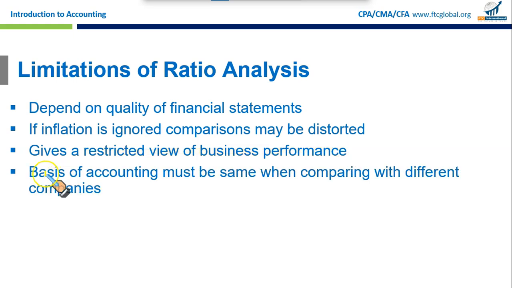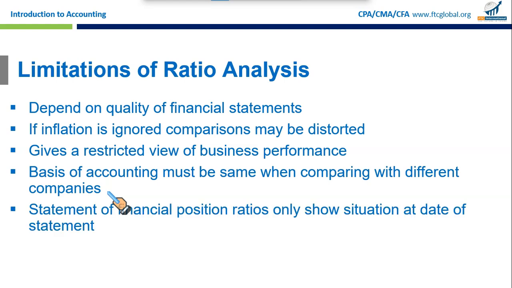Then another restriction: the basis of accounting must be the same when comparing different companies. Yes, if you are comparing companies A, B, C, D, they must have the same accounting standard. They must have the same accounting basis so that the comparison is meaningful. Then statement of financial position ratios only show the situation at a point in time. That's absolutely right. Let's say you've drawn up your financial statements and your balance sheet is reported at 31st